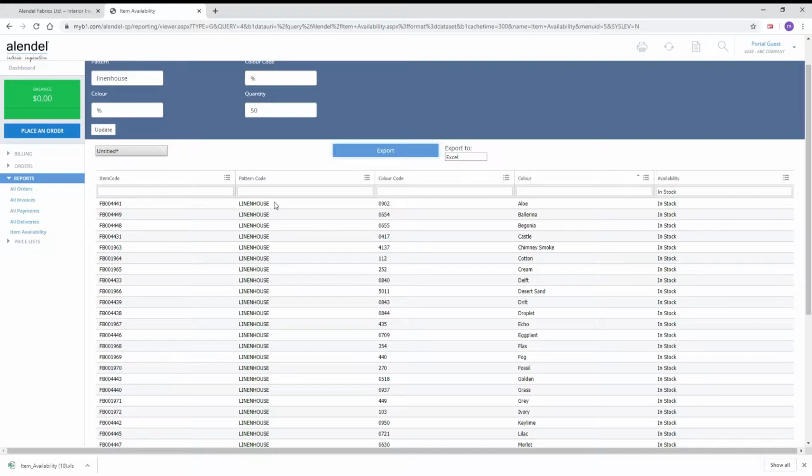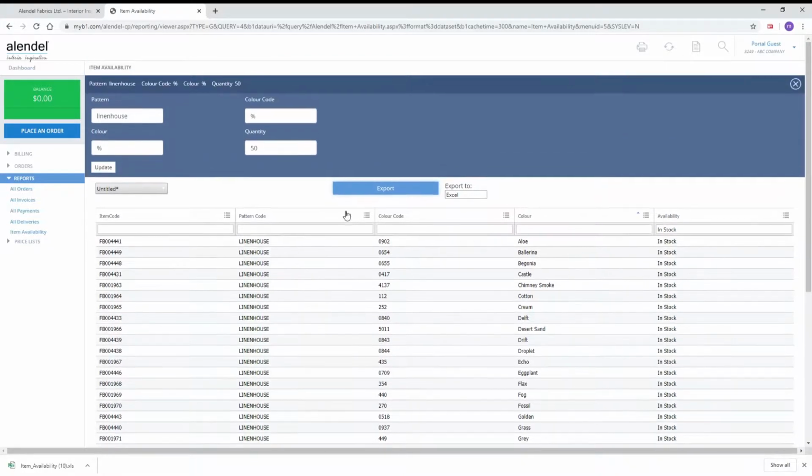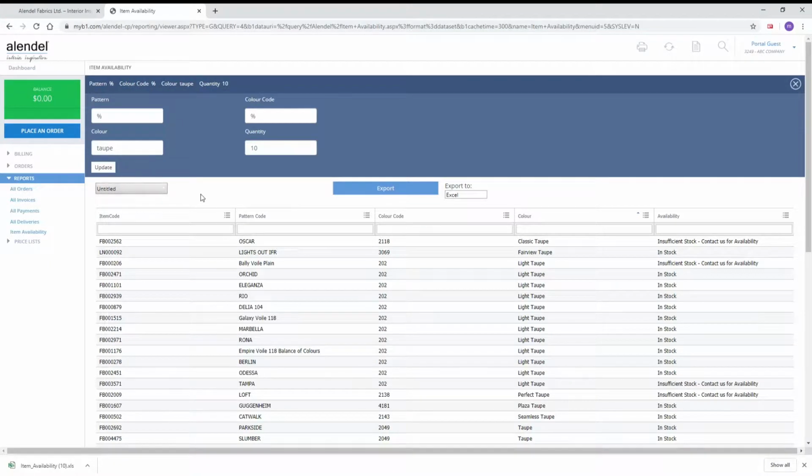Simply type in the color name here. In this example, I want to look for taupe. So I'll remove linen house. I'll type in taupe, and this time I want to check for 10 yards. I'll hit update, and you can see here all the different patterns that have the color name taupe in it